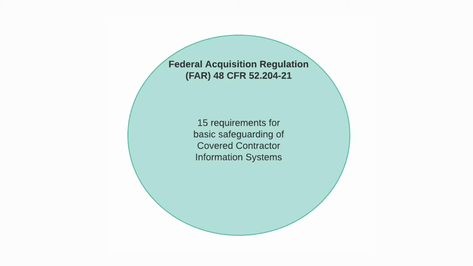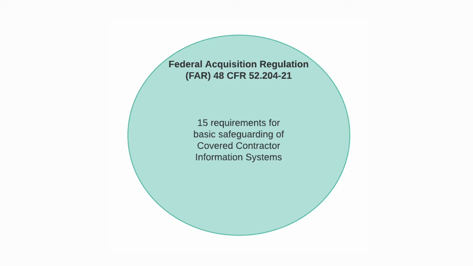Part 52 of the FAR also contains Section 204-21, which is known as Basic Safeguarding of Covered Contractor Information Systems. This section of the FAR applies to all covered contractor information. And covered contractor information is any type of information system that is owned or operated by a contractor that processes, stores, or transmits federal contract information, which is abbreviated as FCI. FCI is information that is provided by or generated for the government under contract, and it's not intended for public